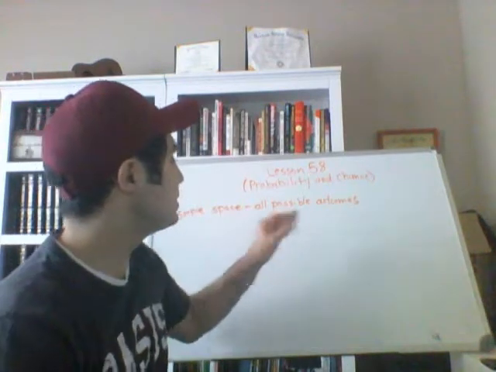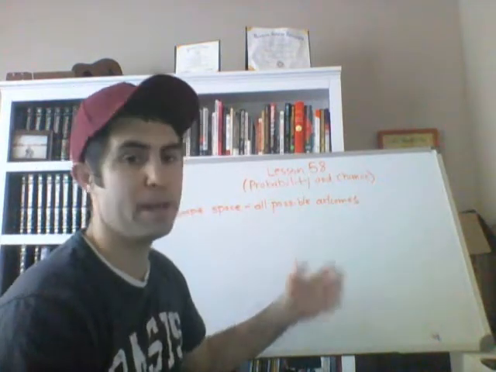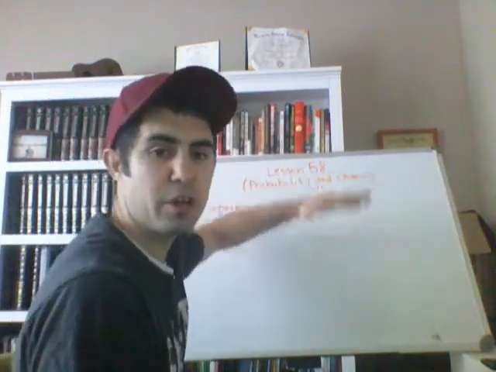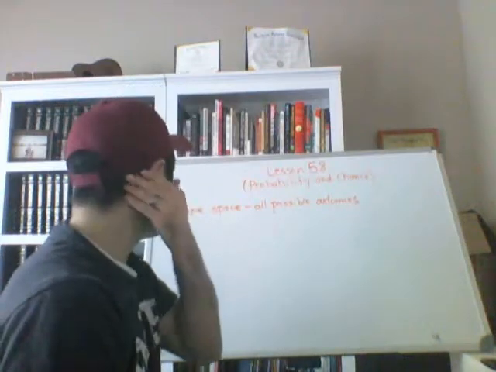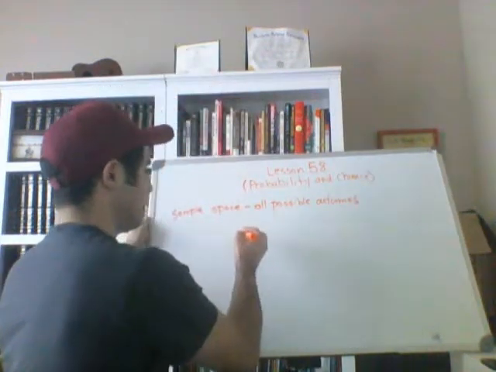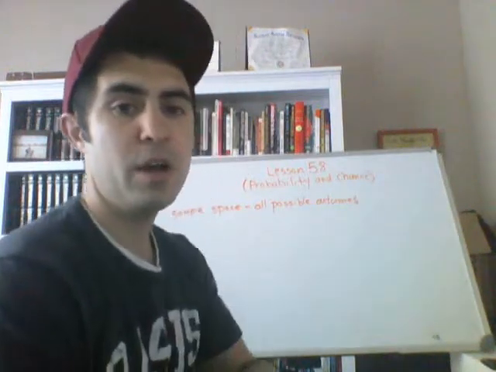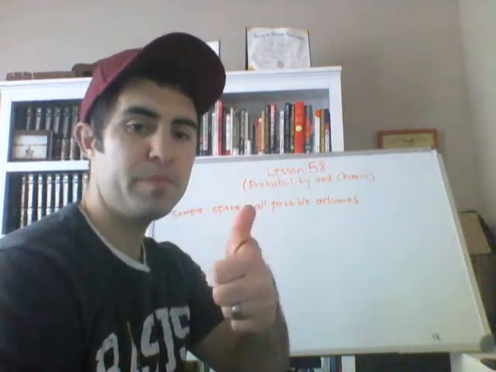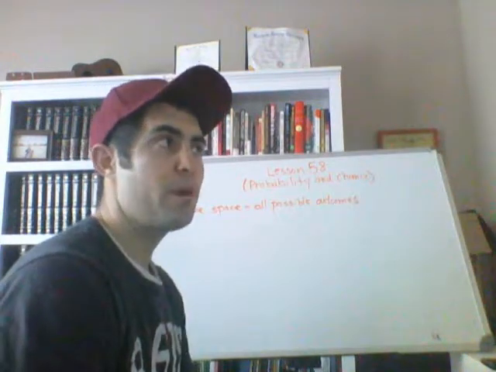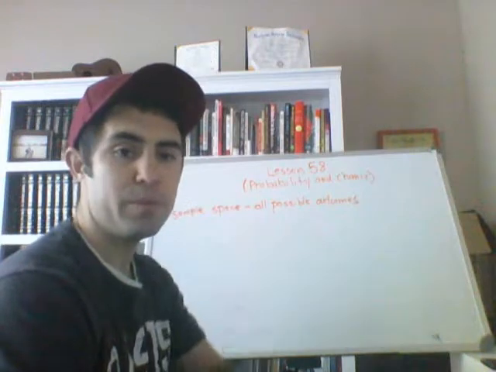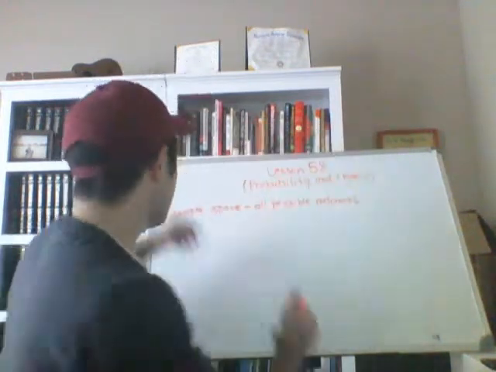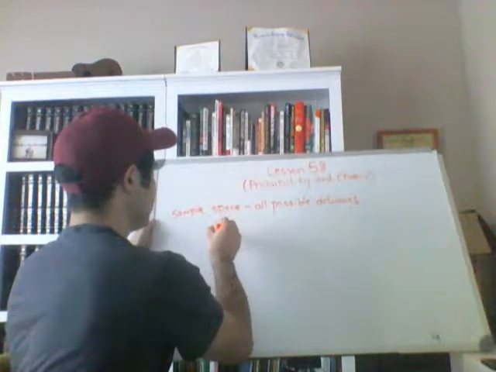So sample space is a number that represents everything that could possibly happen. As we said earlier, sample space or possible outcomes goes on the bottom of a fraction. So, what's the probability that you flip a quarter twice? What are all the possible outcomes that you could get when you flip a quarter twice? Or let's say flip 2 quarters. Okay, so your sample space for those